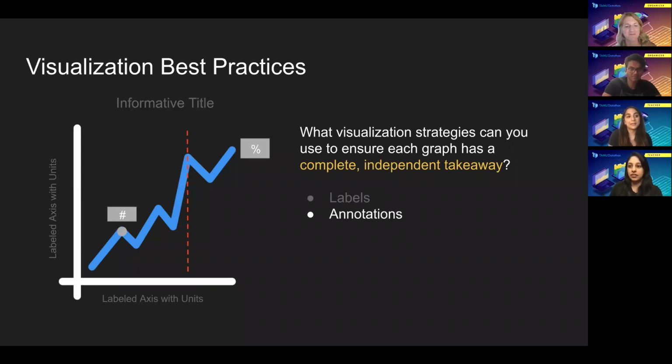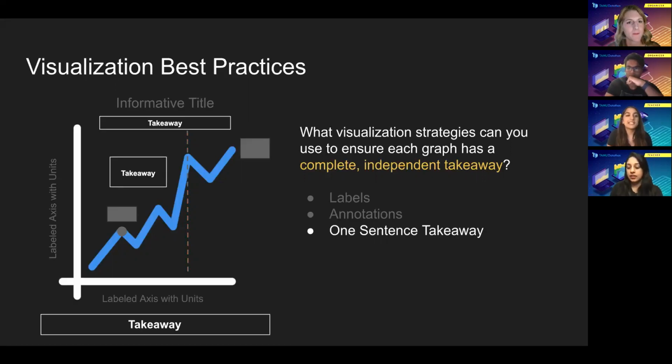Next, you can use annotations. So annotate the numbers in your chart or the specific data points. If you're trying to have your users take away that a certain point has a spike or a certain date had irregular behavior, just drawing a line on your chart and writing directly over it really helps the users figure out where on the chart they're supposed to be looking. And you want to make that really, really easy for them.